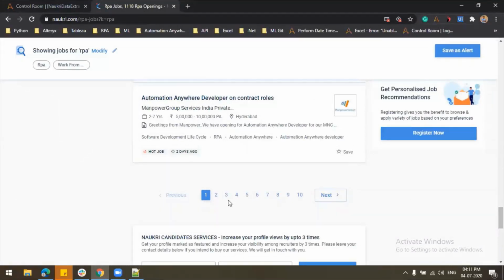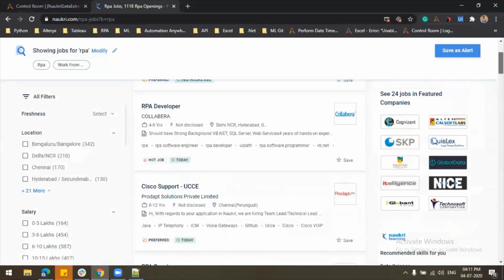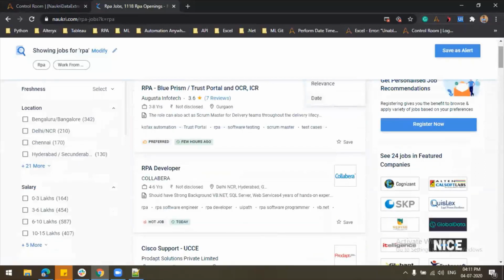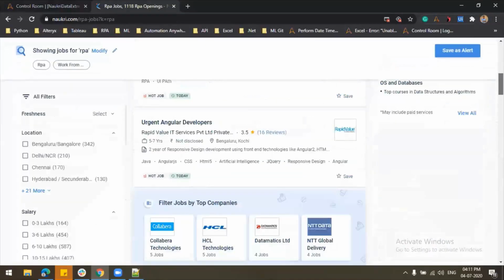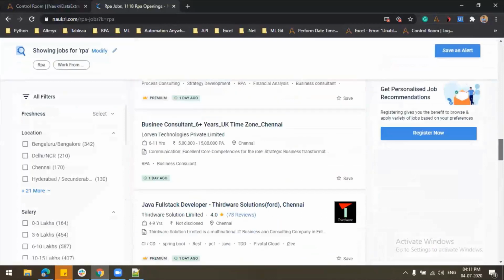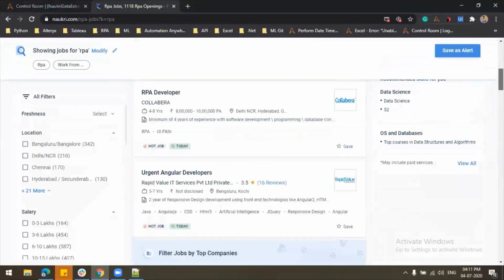I don't want to extract all the pages because I just sorted by date instead of relevance. So I just want to extract only recent data. That is the reason why I changed it to date.